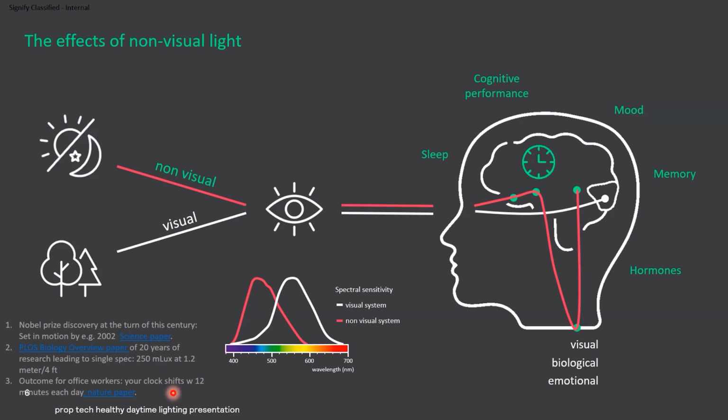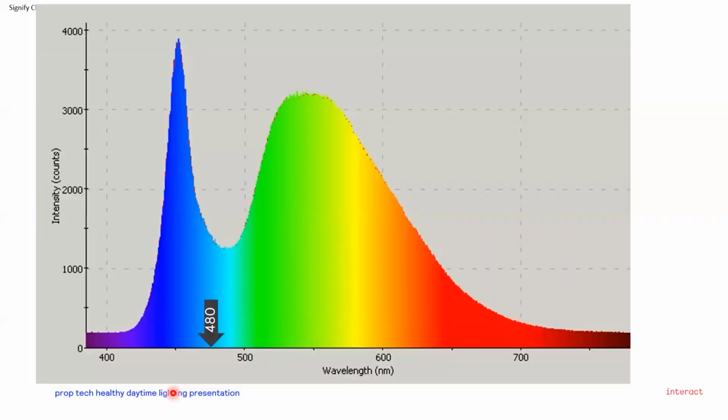Every day they will get jet lag. And we know that jet lag is not good for you, right? It is altering your hormones and it is impacting, for instance, diseases like diabetes and obesity that come from having a jet lag. So that's the reason why we now understand that if you take a look at the LED spectrum, this is